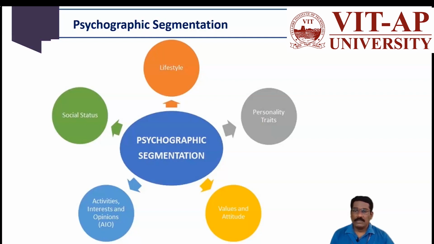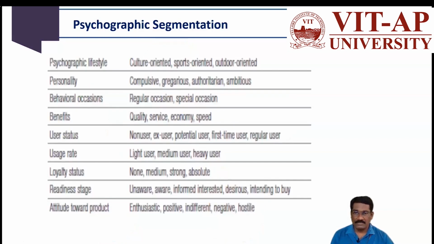Moving on to psychographic segmentation, we have lifestyle, personality traits, values and attitudes, activities, interests and opinions, and social status. We will go into detail, and I will take some examples on that. In psychographic segmentation, we have